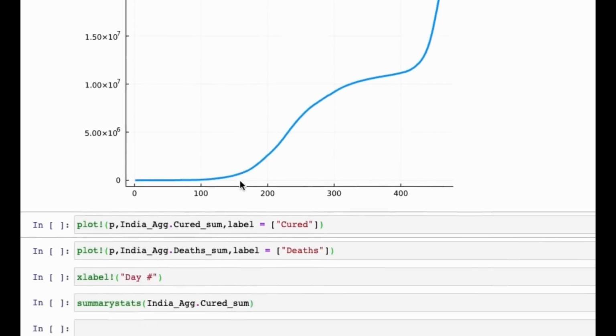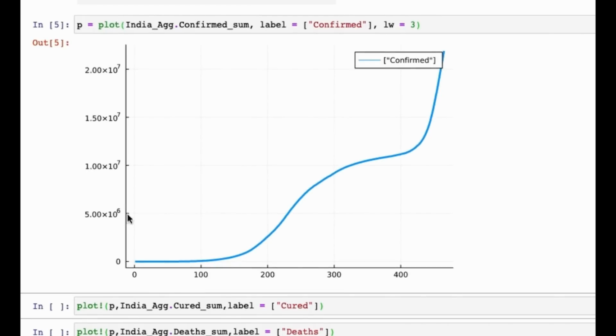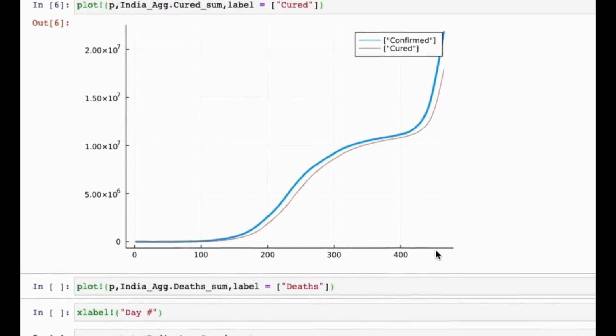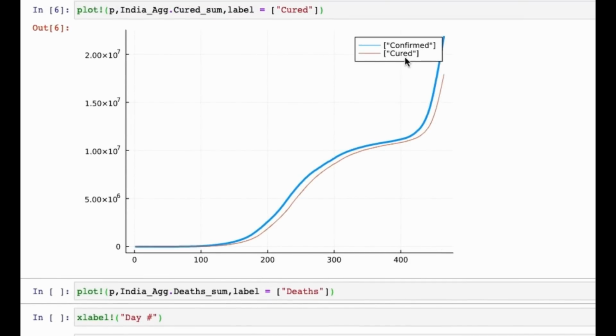So in place of just plot, with an exclamation mark, P will come here. P is the plot which we already made, so that's why we needed to have a P over here, and then we need to add the series cured sum. The label will be cured, so let's add it. Now you can see that cured has been added.